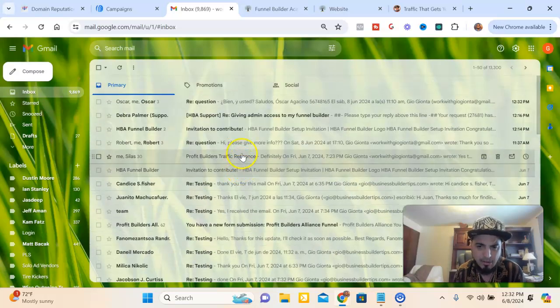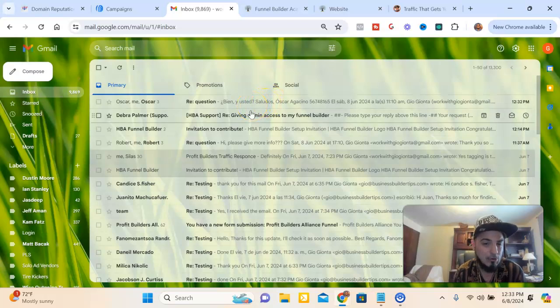And then I have people who are asking for more information. So in here, there's people that are asking for more information. So right here, it says, hi, please give me more info. Here's somebody else that responded to this email as well in Spanish. I don't know Spanish, so I'm not able to actually respond to that email. But I could write back in English, and hopefully they understand. And, basically, so there's people asking for more info, right? So when you send out emails, you want to get replies.